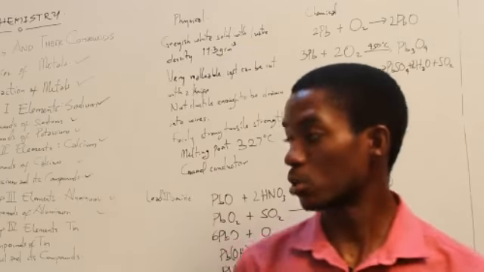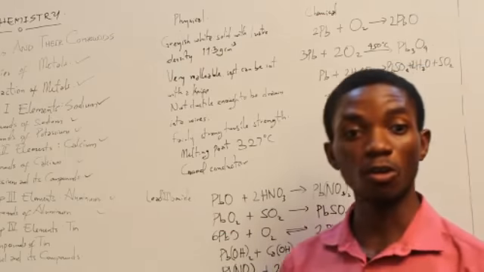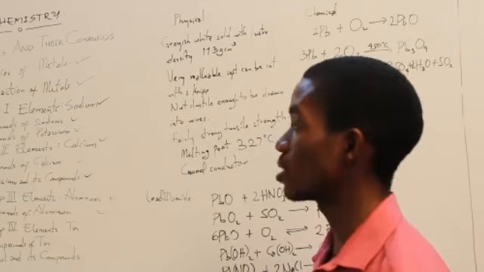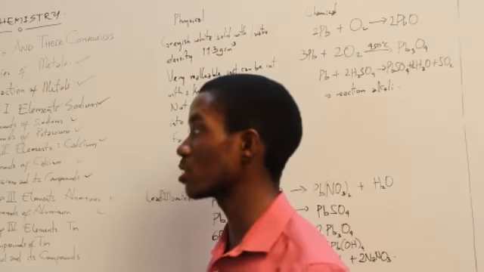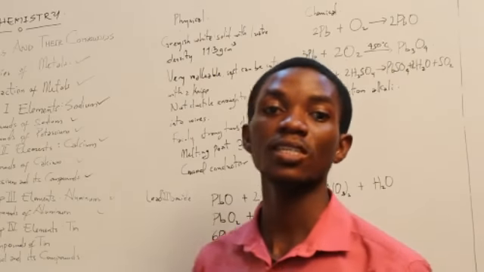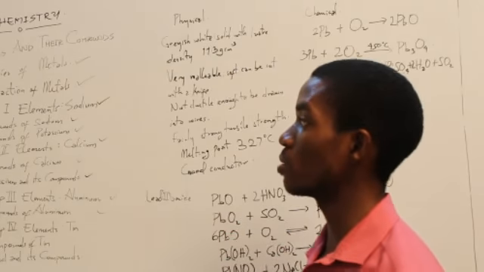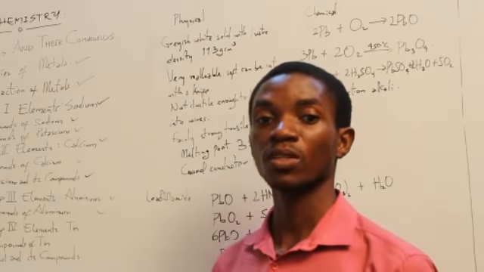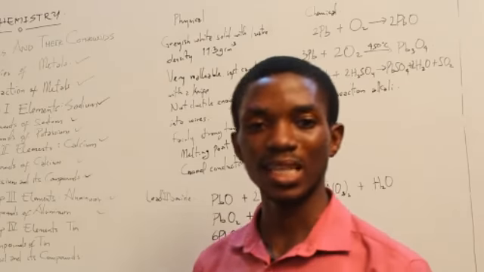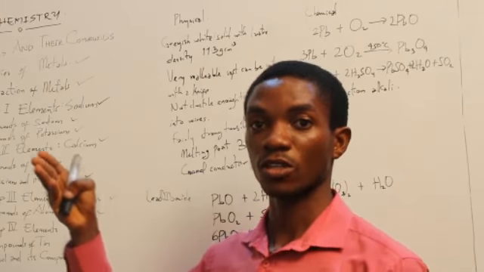Alright, we've come to the end of this particular lesson. In this lesson we considered metals and their compounds, a long one, where we talked about the properties of metals. We looked at the basic properties of metals. We then went to talk about the extraction of metals, basically how metals are extracted generally. And then we talked about group 1 metals, where we spoke more about sodium being the first metallic member, or rather the second metallic member after, of course, lithium.